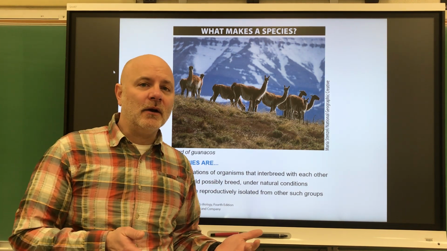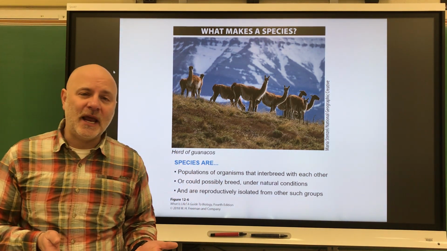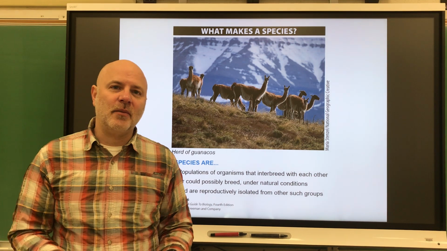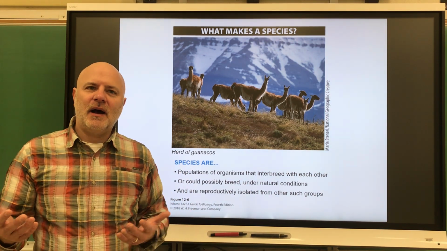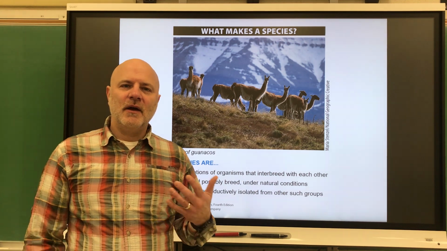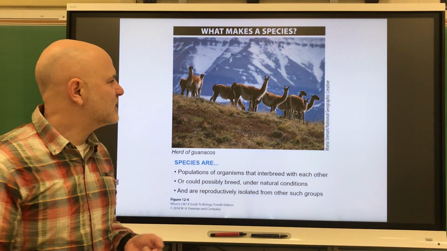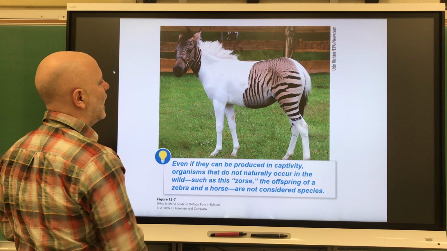So reindeer in Europe and Asia are the same species as caribou in North America. Now, obviously, they are separated by an ocean, but if they could get together, they could interbreed. So they are the same species. All right, so